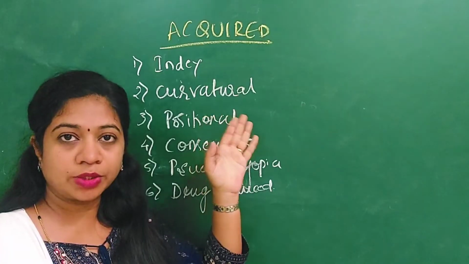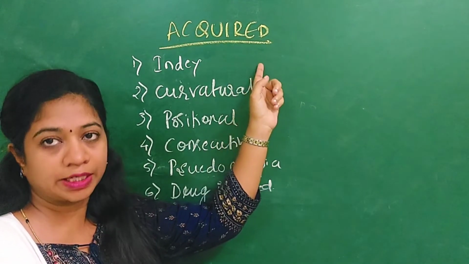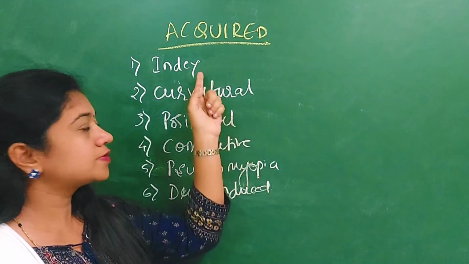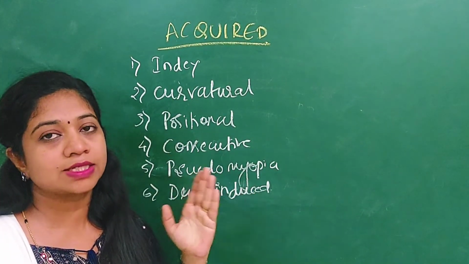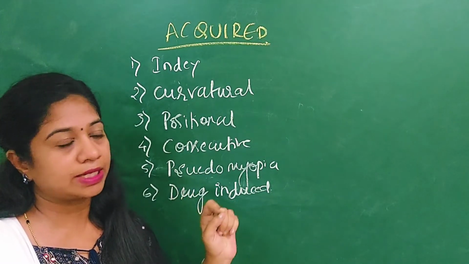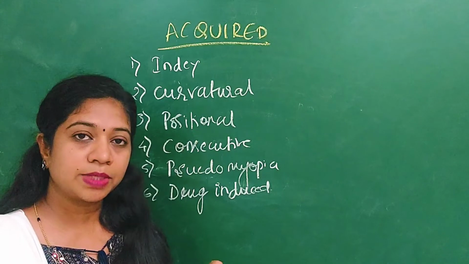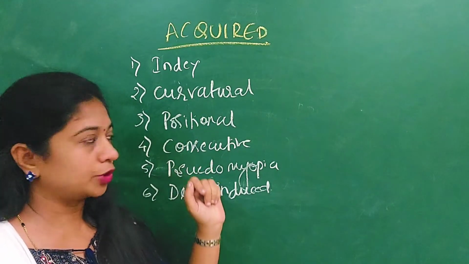So coming to the last part of this clinical classification of myopia, that is the acquired type of myopia. These are all the various causes of acquired myopia. The first one is index myopia, which I have already explained. That is because of the changes in the nucleus, that is nuclear sclerosis, because of the incipient cataract. These patients can go into myopic changes. And in diabetic patients, because of change in the refractive index of the lens, the patient can go into myopia.